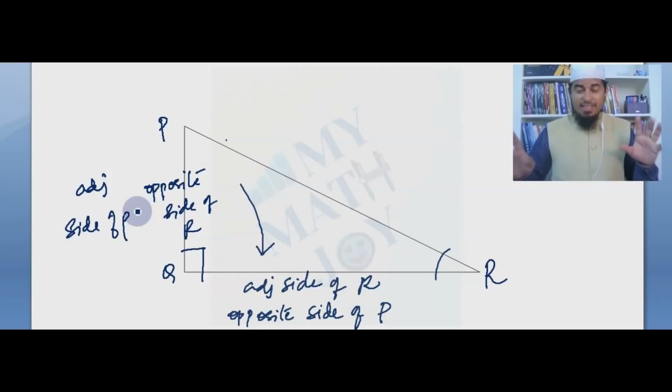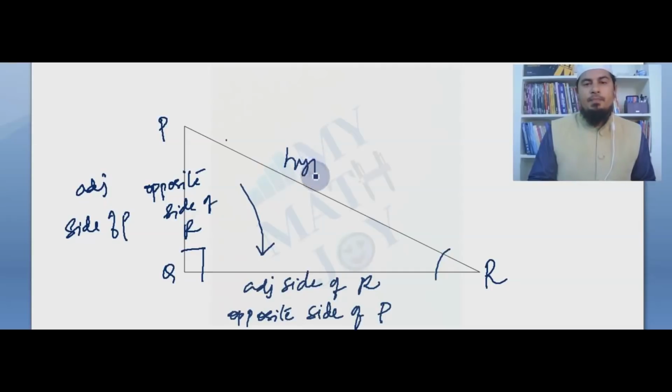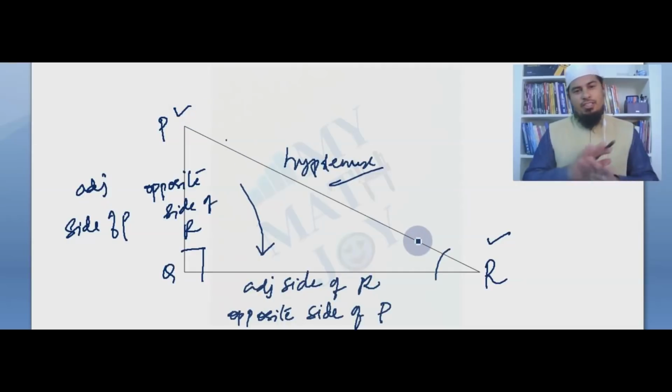So the confusion is that each perpendicular side is sometimes called adjacent, sometimes called opposite. Adjacent means adjacent to what? Adjacent for R, opposite to P. Similarly, any side is opposite of some angle. In this way the names are written. Hypotenuse is hypotenuse everywhere, whether with respect to R or P, the hypotenuse is the same. Now I think it's clear what the side names are with respect to the angles.